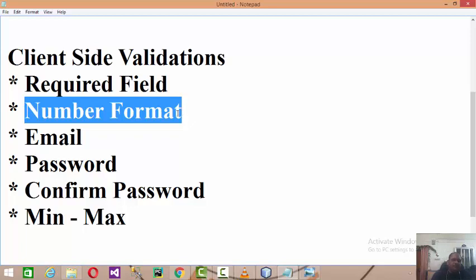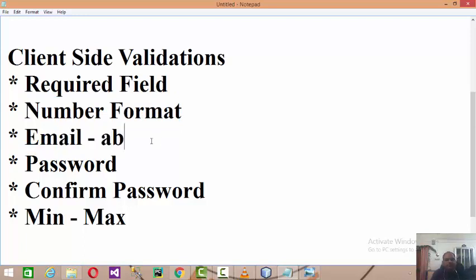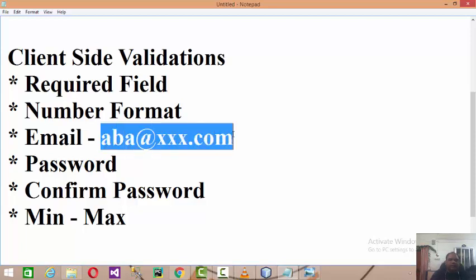In the email format, every email has a specific format: some data at the rate, some server name .com. If you don't find the email ID in this format, it will throw an exception at the client side, and not allow posting the unformatted data to the server.